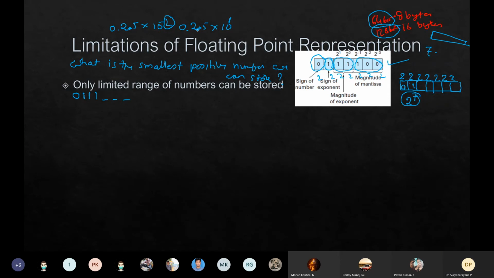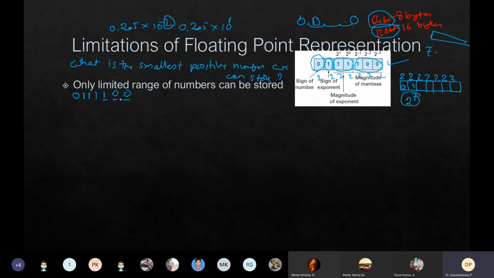Anyone? The answer is here, because mantissa, by definition, by normalization, has to start with 1. It cannot be less than that, because if it is 0, then this is not mantissa. We have to move the decimal to wherever there is a non-zero digit. And the smallest possible one is 0. In this case, I think also it is 0. So in this memory, when we store this number, that is the smallest positive number you can store in this system.